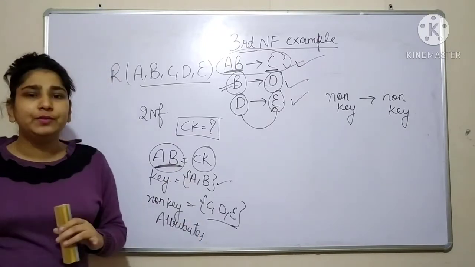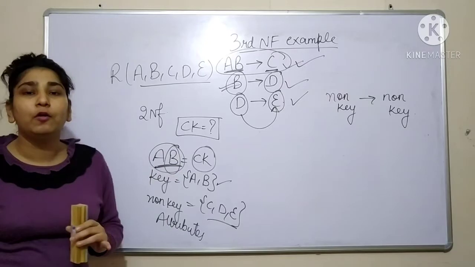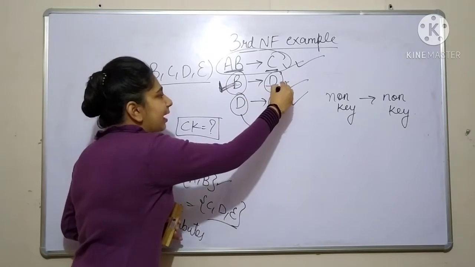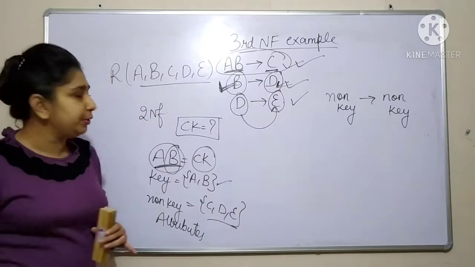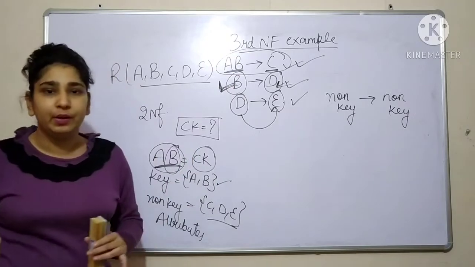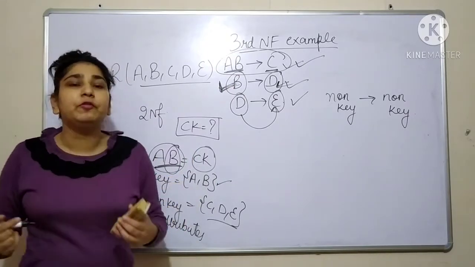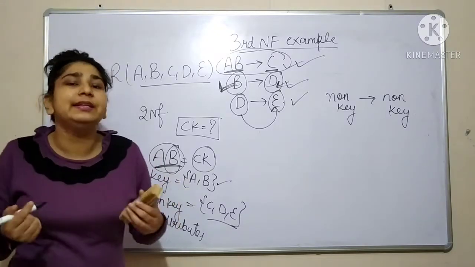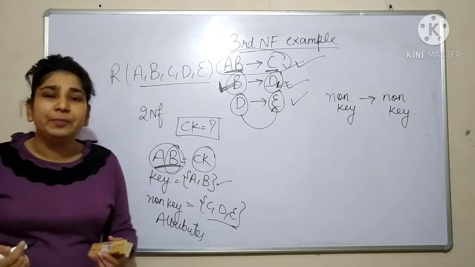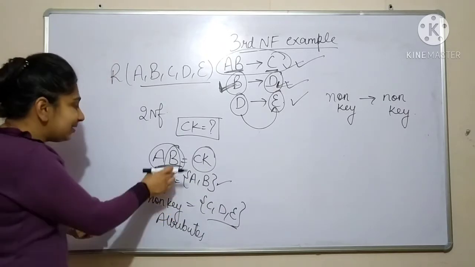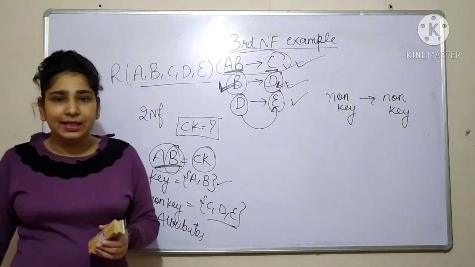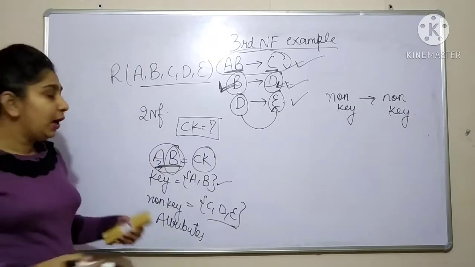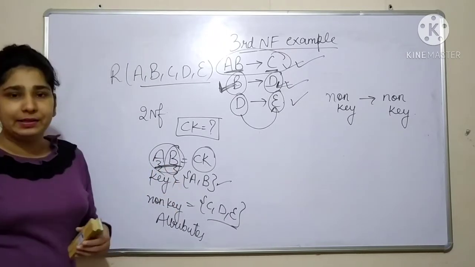So B is actually part of your candidate key, and the part of this candidate key is determining a non-key attribute. So there is a redundancy here. We are studying the concept of normalization, and our focus is mainly on finding where redundancy might be present in your relation. As combined AB is a candidate key, alone A has some duplicated values, and alone B has some duplicated values.